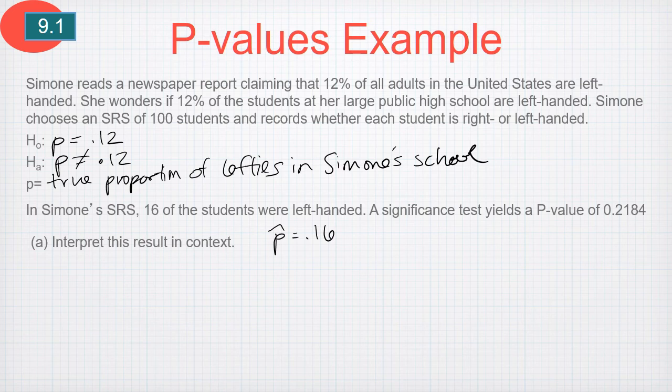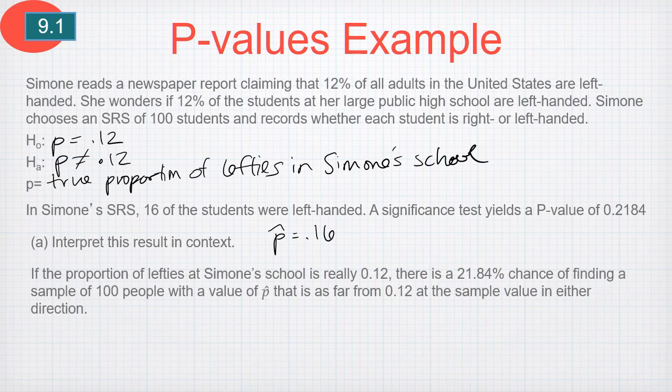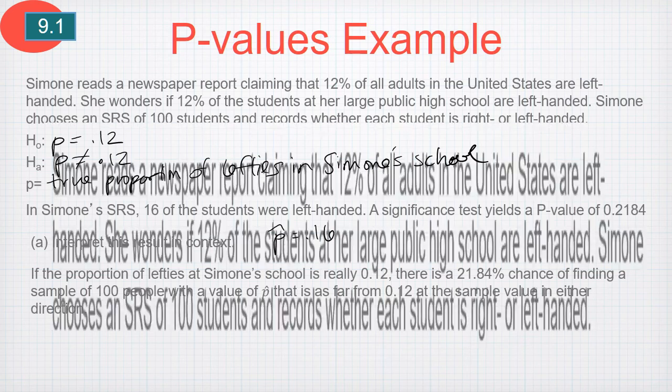Okay, so basically I have to explain what's going on. The way to phrase this is, if the proportion of lefties at Simone's school is really 0.12, there's a 21.84% chance of finding a sample of 100 people with a value of p-hat that is as far from 0.12 as the sample value in either direction. All right, you're probably wondering what in the world I just said, but essentially